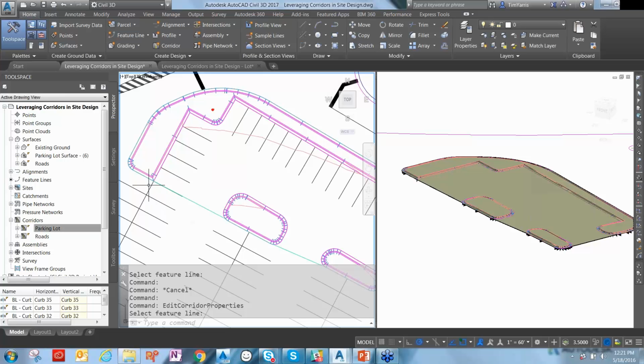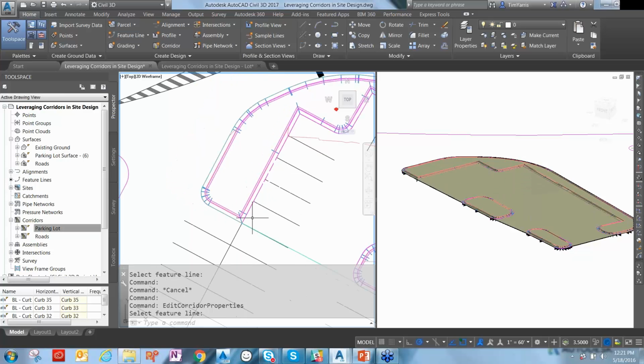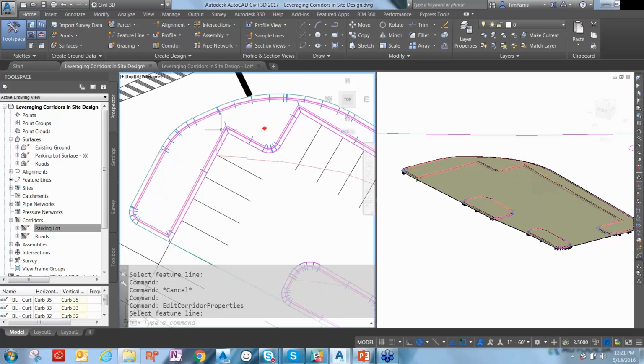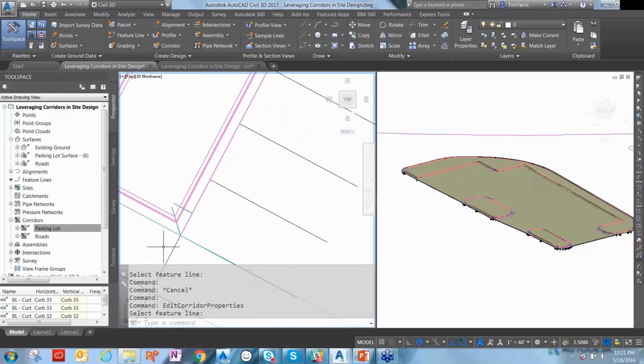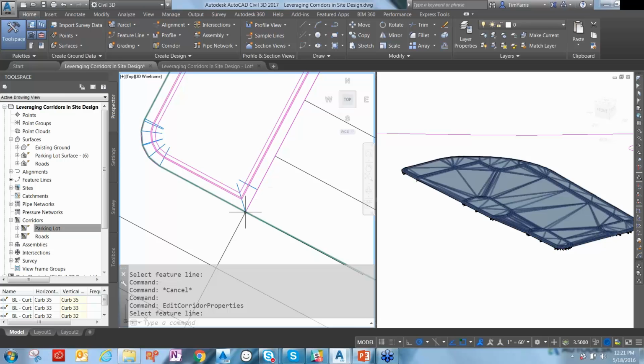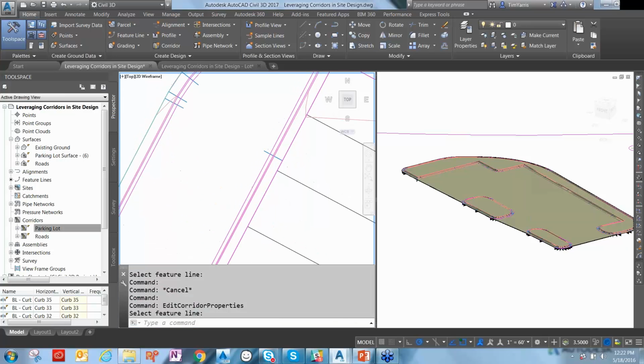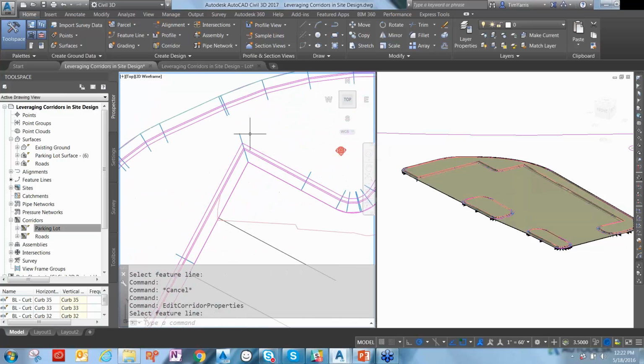So a couple of things here. One of which is that we have this new behavior where you have interior and exterior corners in this particular corridor region. And so you'll notice here that the corners are mitered. In previous releases of Civil 3D, you would have seen a really odd bow tie situation going in here, where the incoming and outgoing tangent corners would be overlapping, and you'd get a really messy corridor model and it just didn't work out well. So one of the things we did was this whole mitering capability to automatically clean up your corridor interior